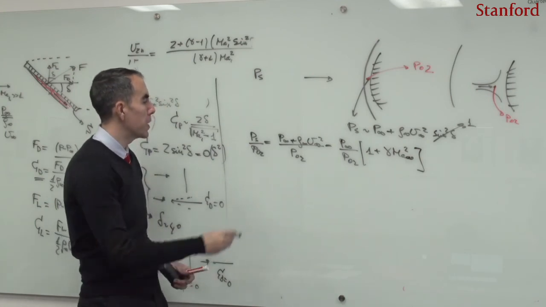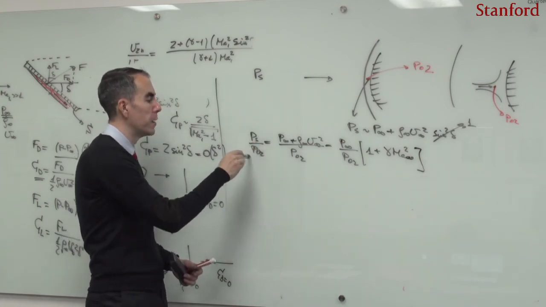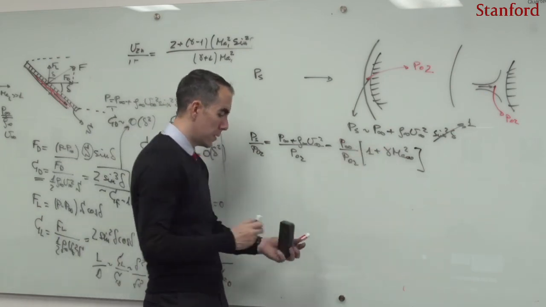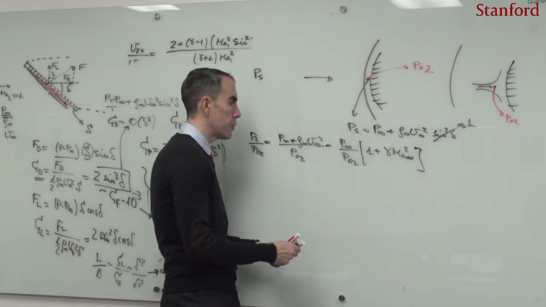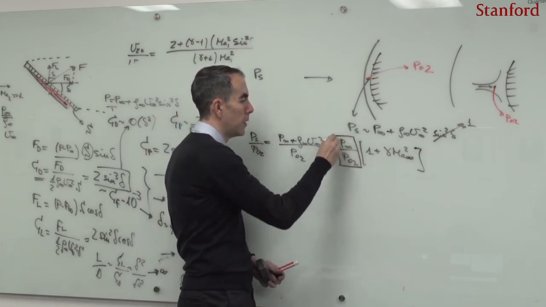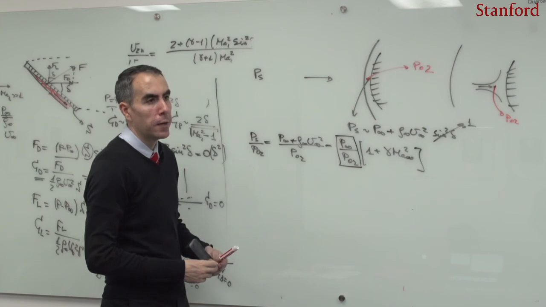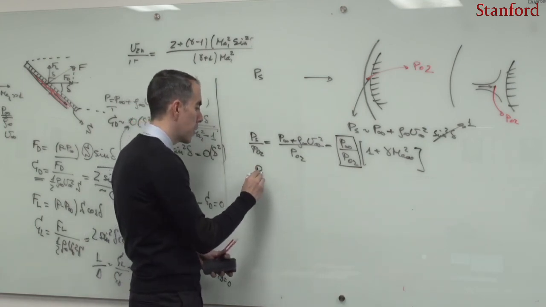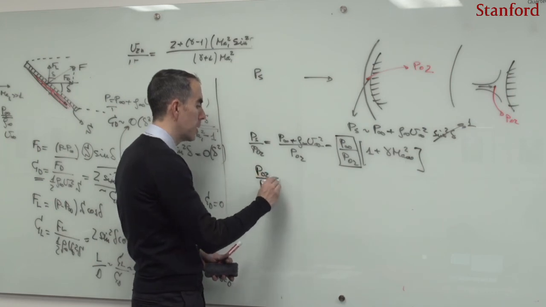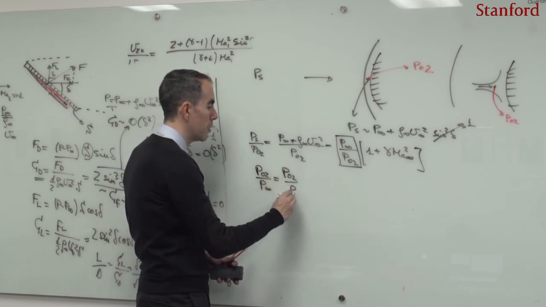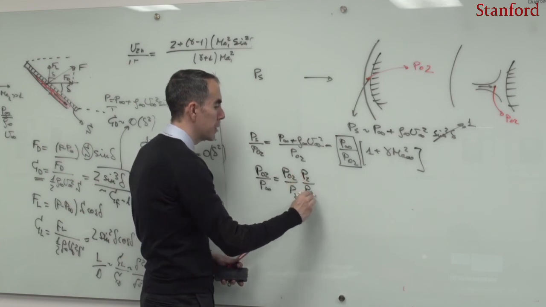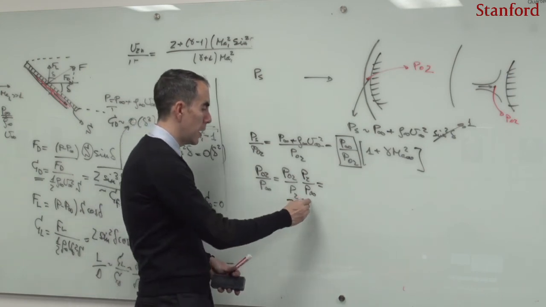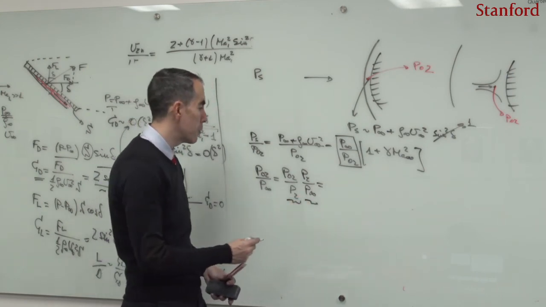So in order for me to know the ratio of the Newtonian pressure on the surface to the real post-shock stagnation pressure, I have to derive this expression. I have to substitute the pressure ratio from the Rankine-Hugoniot jump conditions. This pressure ratio can be calculated like this: PO2 divided by P infinity is equal to PO2 divided by P2 multiplied by P2 divided by P infinity. The first ratio comes from the isentropic relations, and the other one comes from the Rankine-Hugoniot jump conditions.